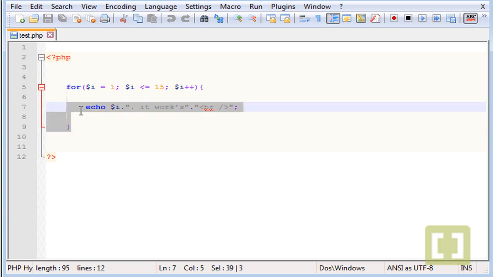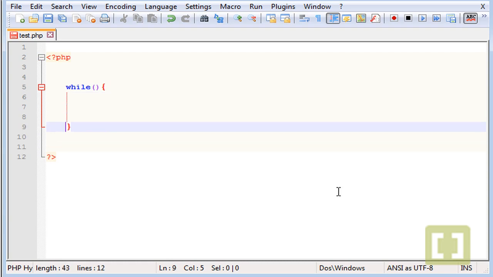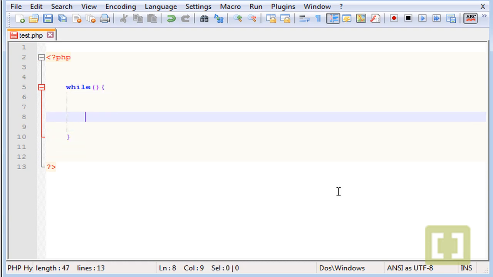So this is the code from the last video. Let's delete this, and to start creating a while loop, you just type while, parentheses and curly brackets. It works very similar to the for loop. What we're going to do is create a condition inside the parentheses, and while this condition is true, we're going to loop the code inside here. Okay, so between the parentheses, let's type the variable I